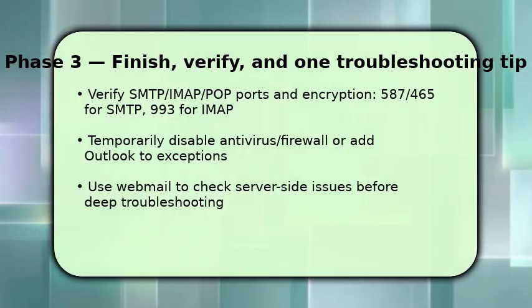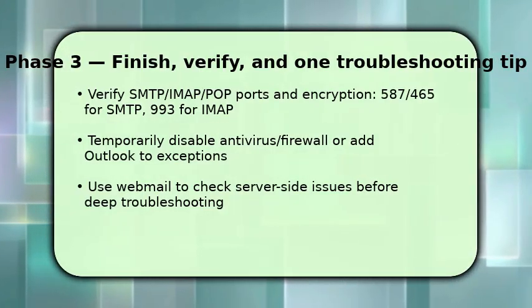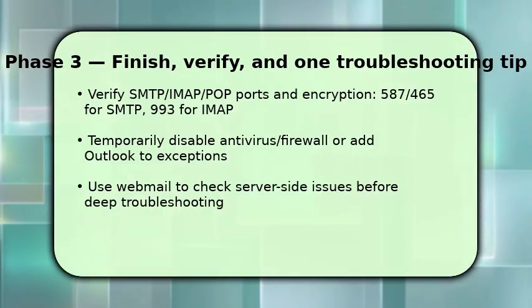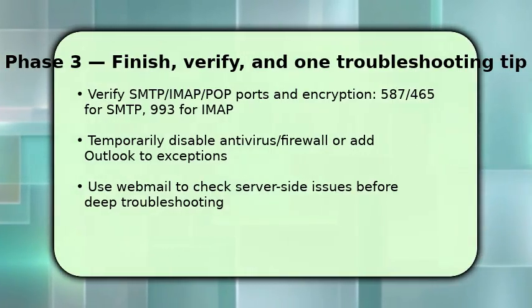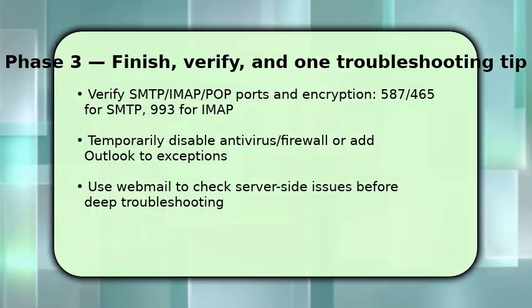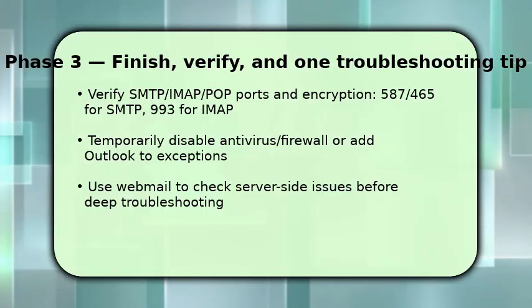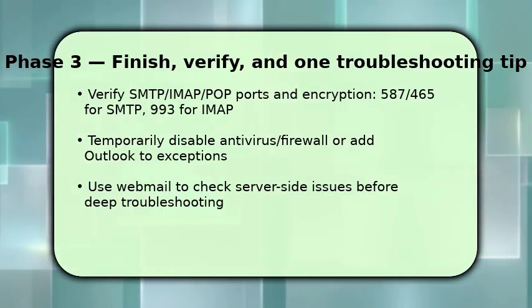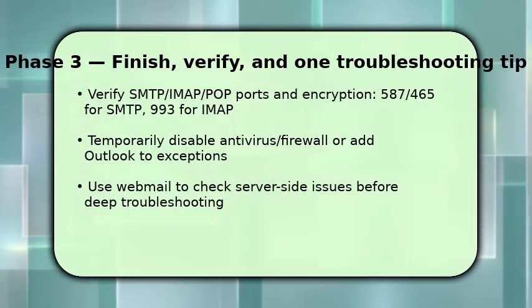Then temporarily disable antivirus or firewall or add Outlook to exceptions because security software can intercept traffic. Once done, test sending via webmail to confirm server health. If webmail works but Outlook fails, the issue is local. If problems persist, the key troubleshooting tip: